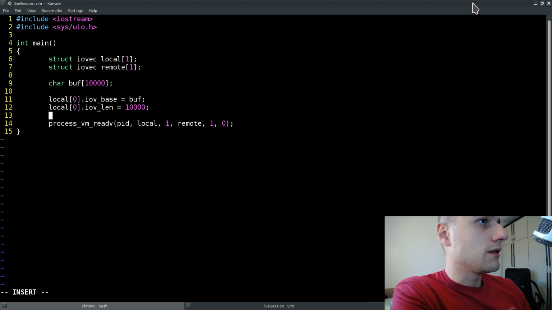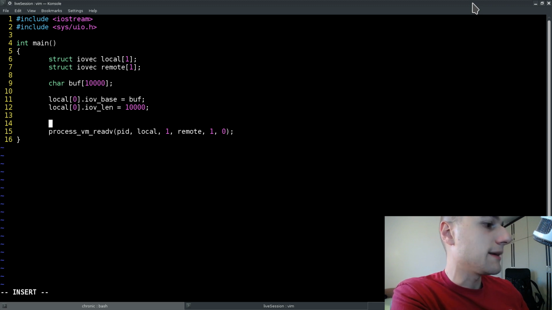Okay, so we have the base and we have the len. And now we need the same thing for remote. So remote 0, and we're going to type in .iov_base. And the base needs to be equal to the beginning address of the process. And this is going to be a pointer. So void